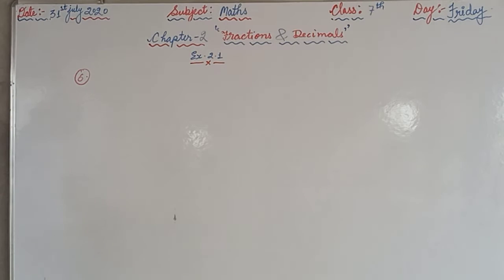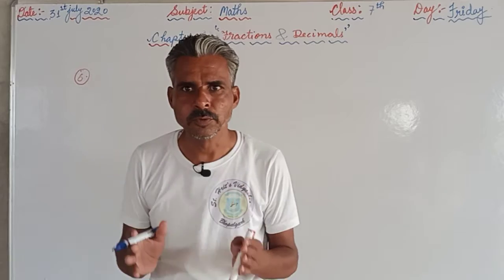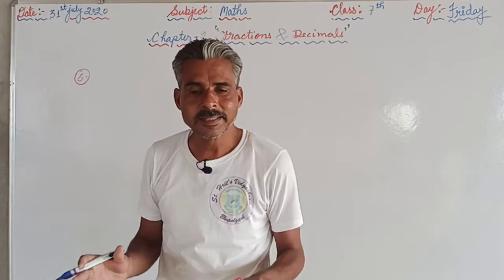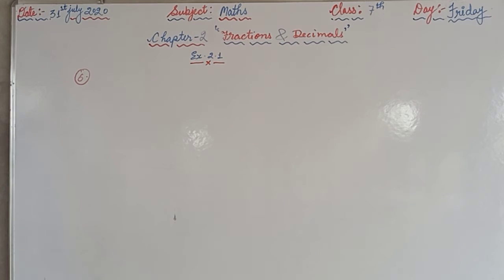I told you many times earlier also in the previous videos that while watching the videos you should have your textbook with you, so that you can tally the question and what is given in the question. You should also read at the same time while watching the video. So the question is, Salil wants to put a picture into a frame. The picture is 7 and 3 by 5 centimeter wide. To fit in the frame, the picture cannot be more than 7 and 3 by 10 centimeter wide. How much should the picture be trimmed?